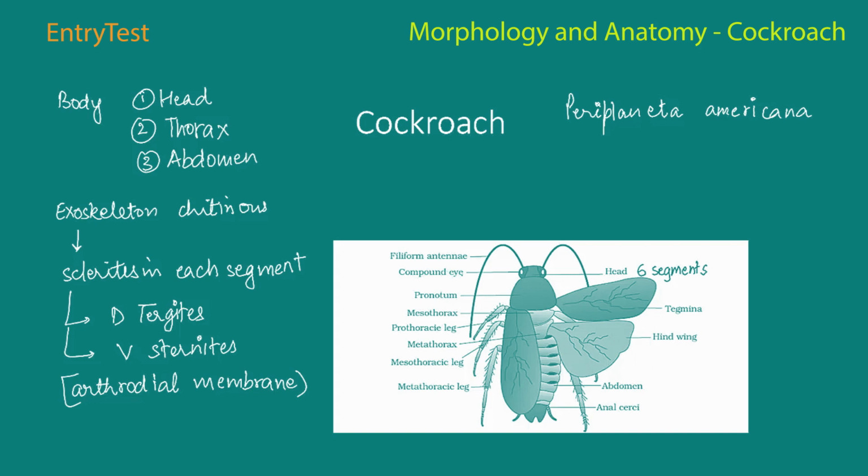And the anterior end of the head, which we'll be doing later on, has different parts that are adapted for biting and chewing. So we'll do that in a little while. The thorax that you can see, the middle part, is made up of 3 further parts: the prothorax, the mesothorax, and the metathorax. The prothorax is not visible. It's actually covered by the pronotum. And each thoracic segment bears a pair of walking legs, and that's how the total number of legs comes out to 3 pairs, which is 6.